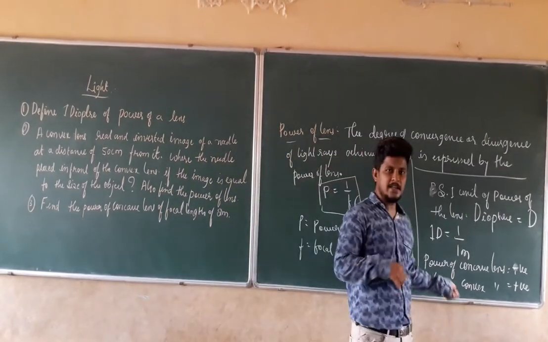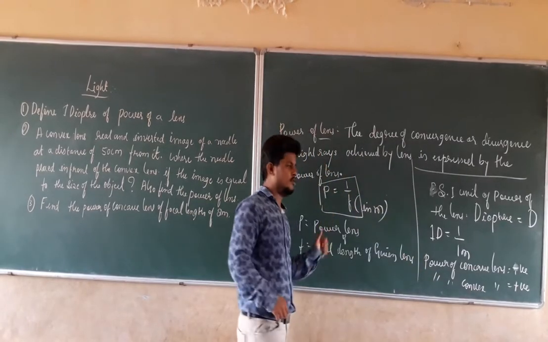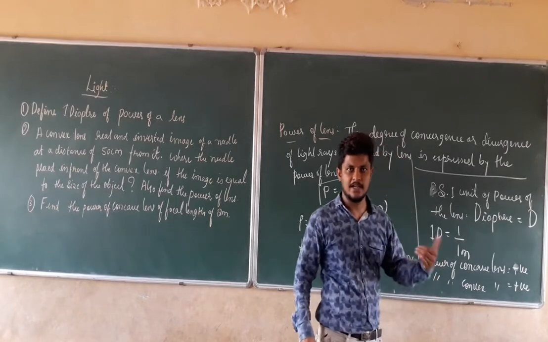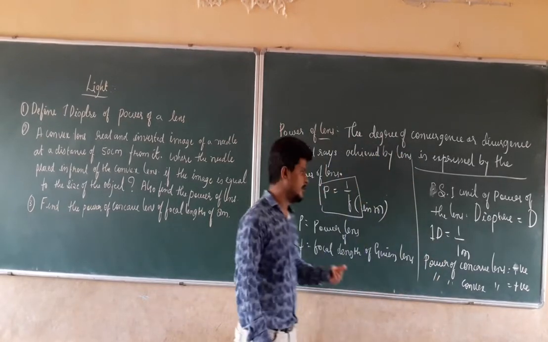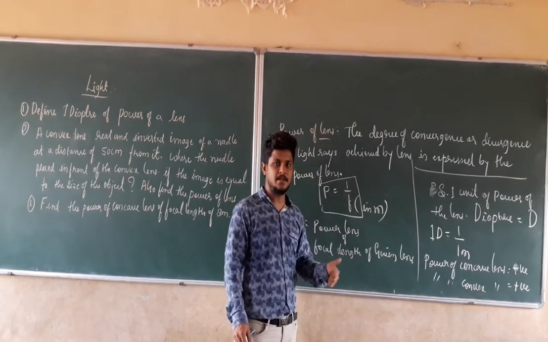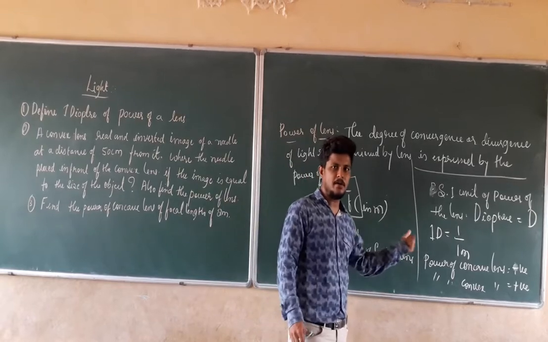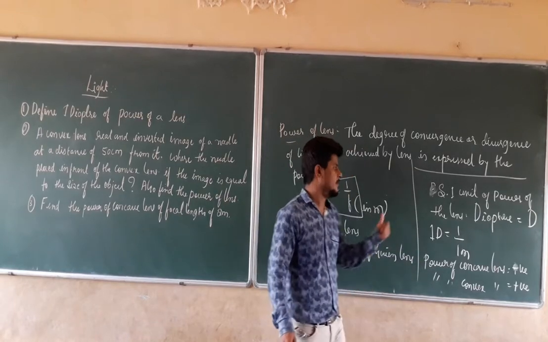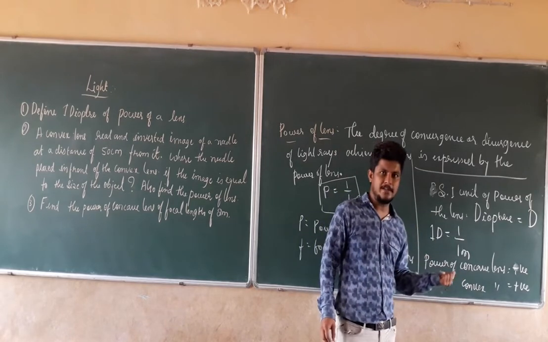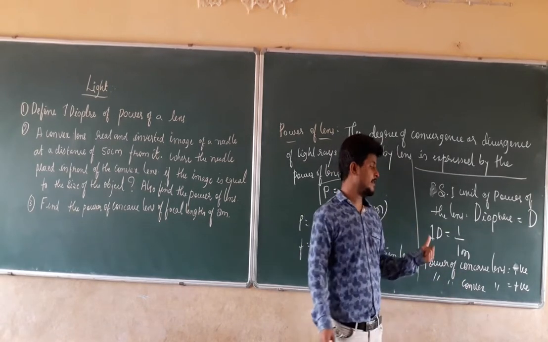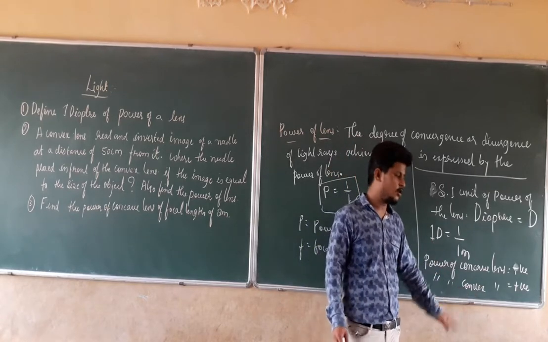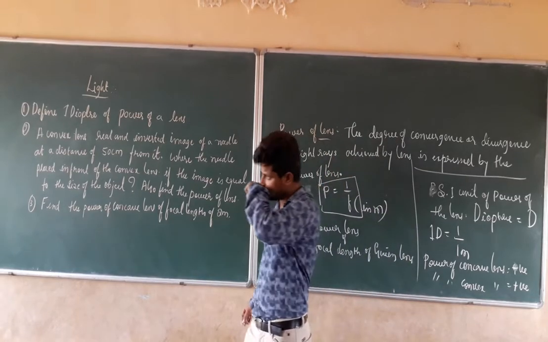Right? In this manner, the power of the lens is useful for finding the extent or degree of the convergence and divergence, which can be found by using the formula P equal to 1 by F. The focal length should always be in meters, and the SI unit of the power of the lens is diopter, which is symbolically represented as D. If the power is positive, it is a convex lens. If the power is negative, it is a concave lens. Right? It is about the power of the lens.